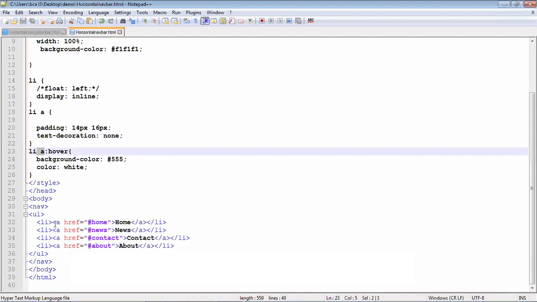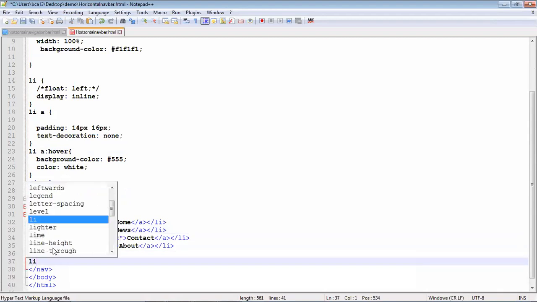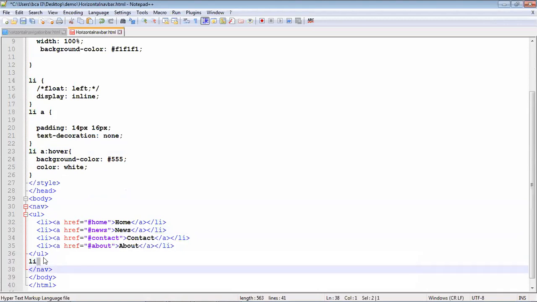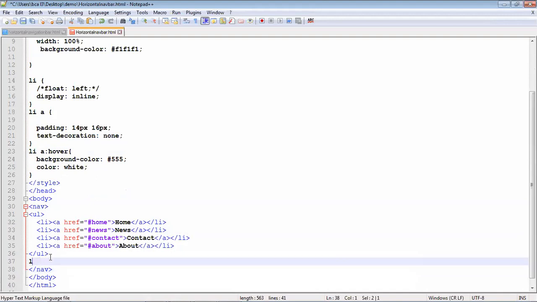Wherever you use an anchor tag, it will be applicable. Remember, if you use li or ul, similar properties will be added. Background color, and color is white.